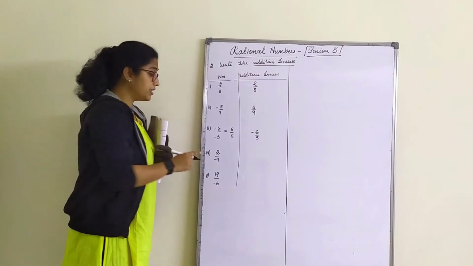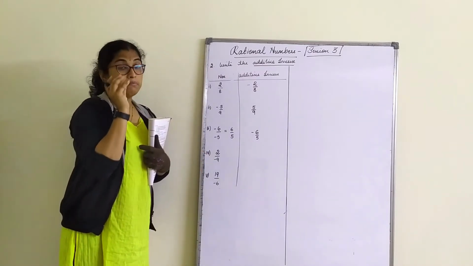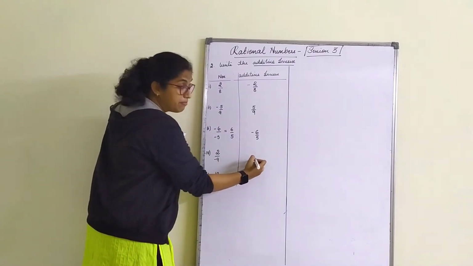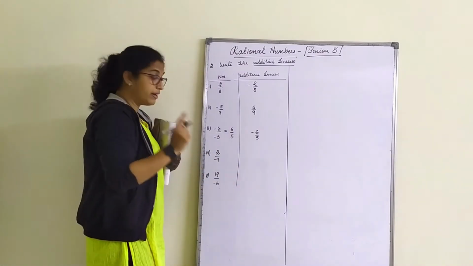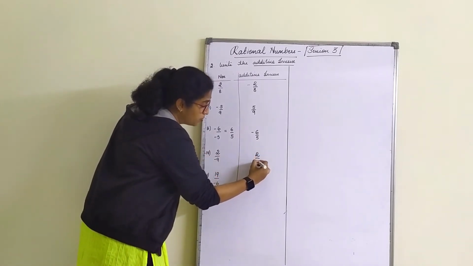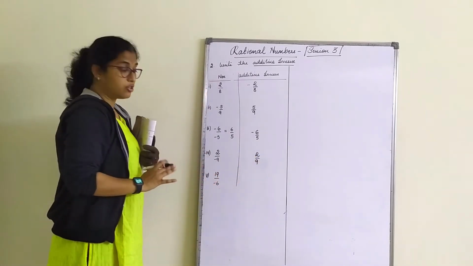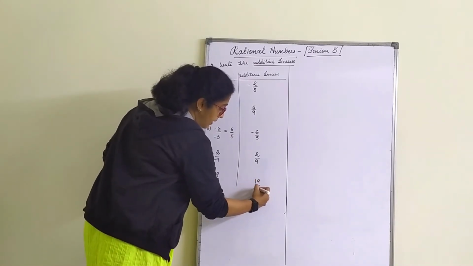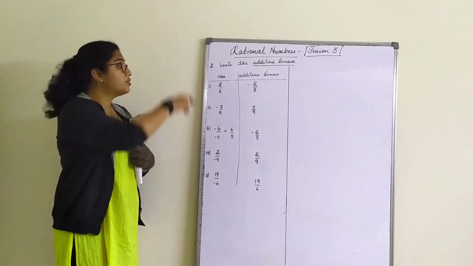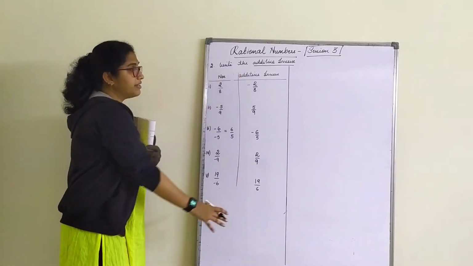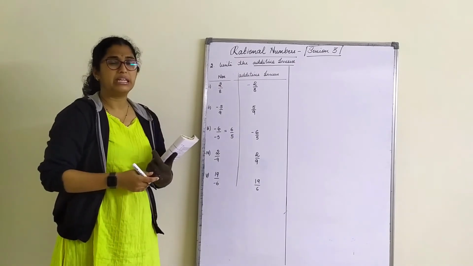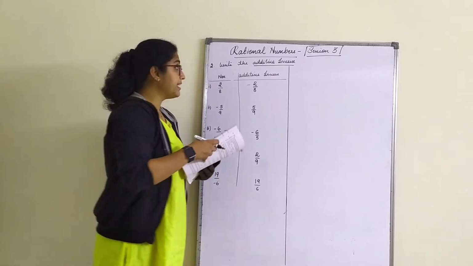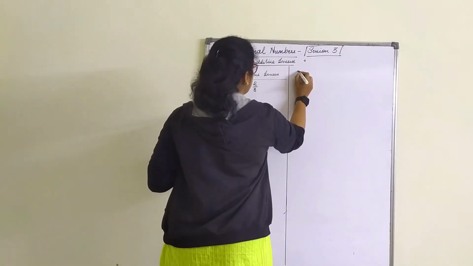2 by minus 9. See, again I am telling you, here the minus is sometimes for the number they give you, but it is for the whole thing, understood. So it is 2 by 9, don't write minus 2 by 9. Minus is only once. So this answer is 2 by 9. 9 became positive, that's all. 19 by minus 6. Answer is 19 by 6. You also have to draw the tabular column, numbers and additive inverse, and write it in this manner only. These are all asked in MCQs, so 1 mark of fill in the blanks. So let's move on to the next, that is the third one.